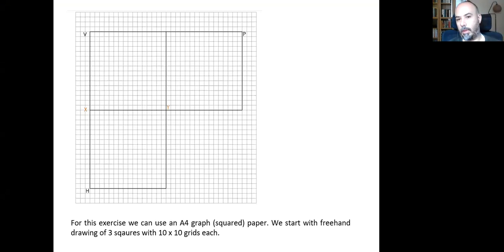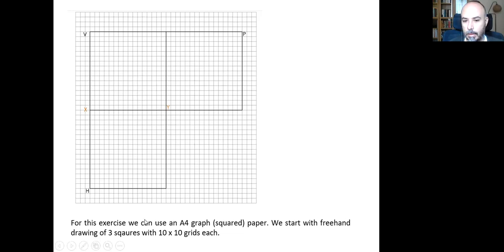First of all, we can prepare this for our exercise. We need an A4 graph paper. It's just normal squared paper, not a millimetric paper. First, we need to draw these 3 squares with a set square, with a small set square or freehand. We can draw freehand. But this square here, the first one that we are going to draw,